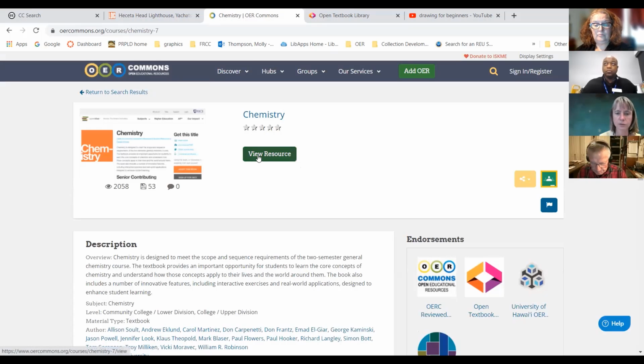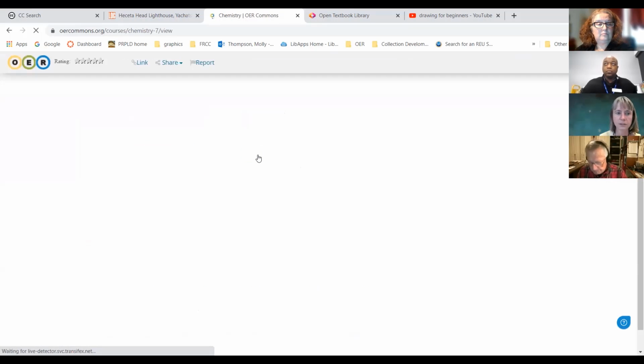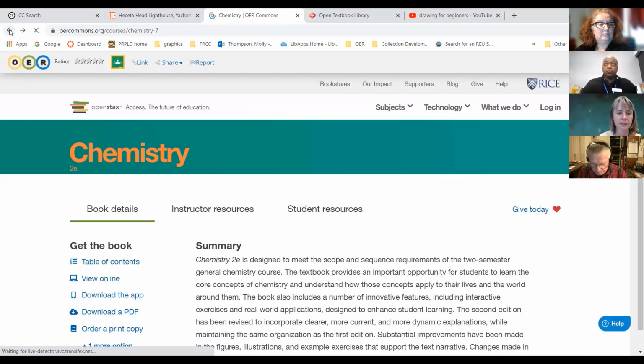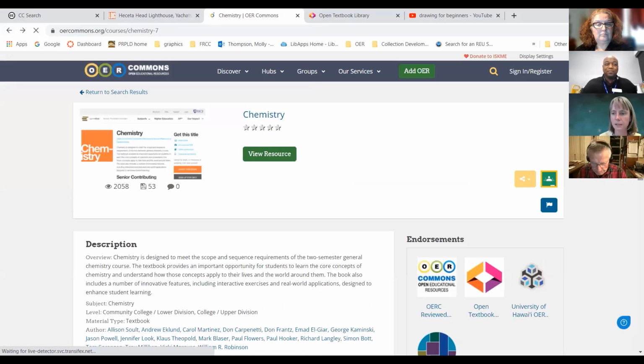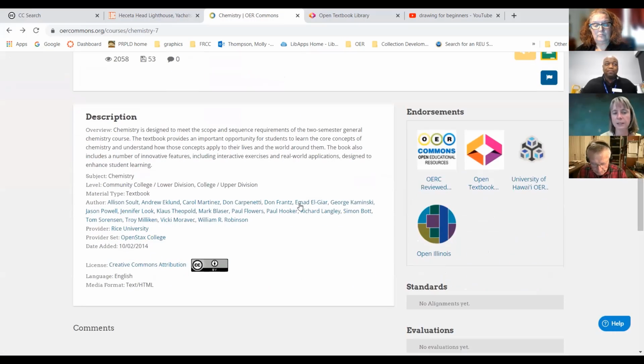I can go to view resource. I'm sorry, I'm going to go back one second. Under the description, you can get an overview of it. And then you can see the license right there. So again, this is the least restrictive license, the Creative Commons Attribution. All you have to do is give the creators credit. There's a lot of authors here, so there's lots of people to give credit,